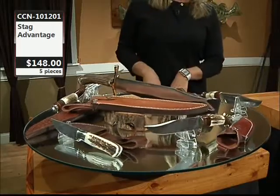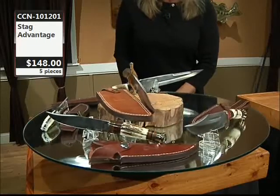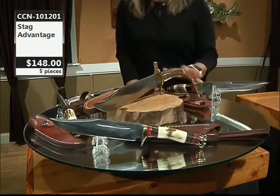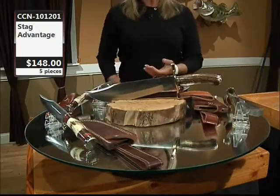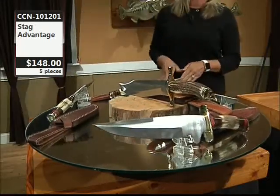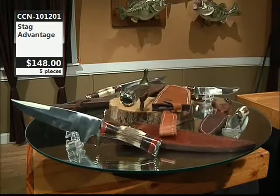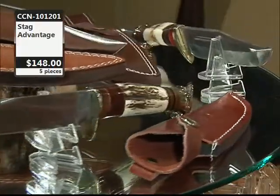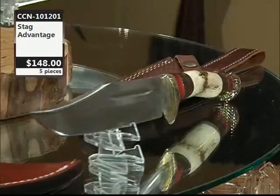Trophy Stag makes these except for this one here, which is in the Whitetail Cutlery line. And I believe this one is also a 14. So you have some of these large display or collector pieces. You also have some really comfortable carry-size skinners if you're looking for a deer stag knife to carry. That's a good variety of stag. Definitely the largest stag collection I have to show you on the show. 5 pieces for $148. Retails at